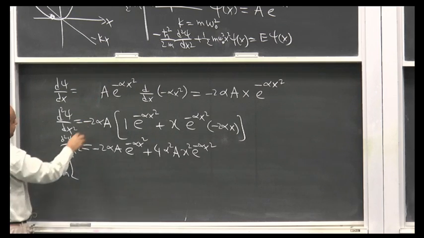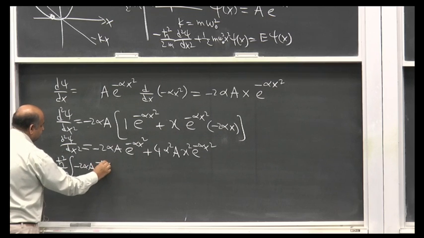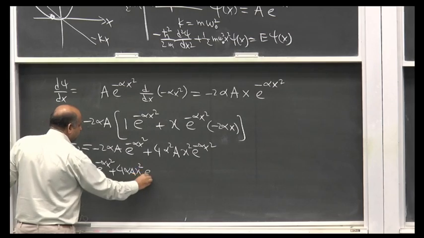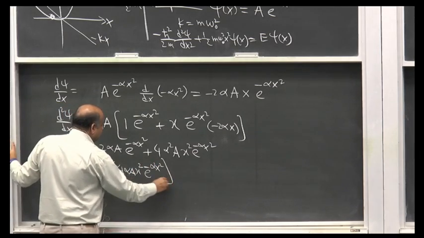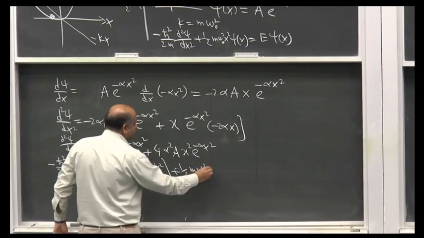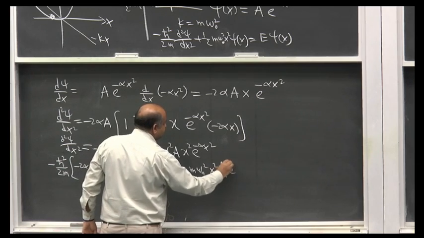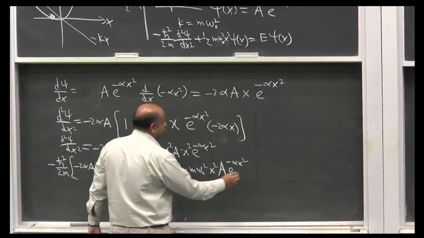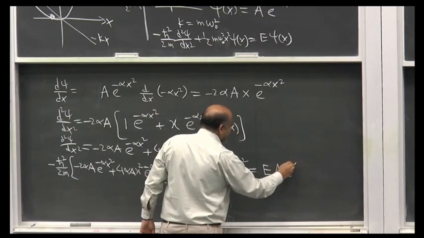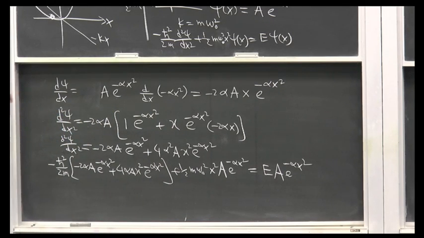So d square psi by dx square की ये वैल्यू आ जाएगी minus 2 alpha a minus alpha x square plus 4 alpha a x square minus alpha x square plus half m omega naught square x square, और psi की जगह पे आ जाएगा a exponential minus alpha x square, and then e, और psi की जगह पे क्या आ जाएगा a exponential minus alpha x square. So I just took the second derivative of the